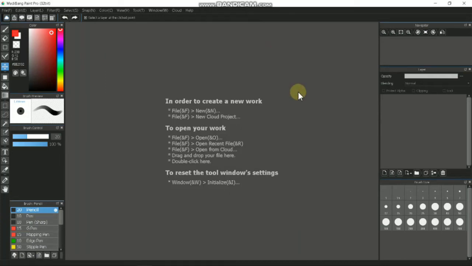Okay, girls, so for this video, I'm going to show you how to create different shapes here in Medibang Paint Pro. Okay, let's start. So once you've opened the program, so I'm using a laptop, you can also create a new file by clicking